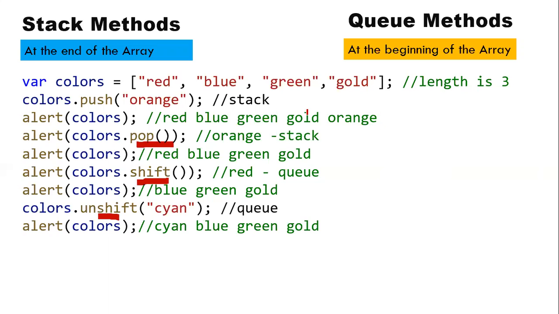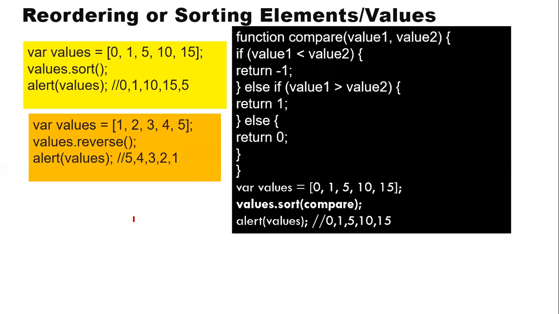Now remember, in a stack, the addition and deletion are done at the top. Either you call it the top or you call it the end. So in the case of a stack, it is push and pop. They act like a stack. When I talk about the shift and unshift methods, they act as queues. That means they add elements at the beginning of the array. That's the difference between them: shift is at the beginning, while push is at the end of the array.